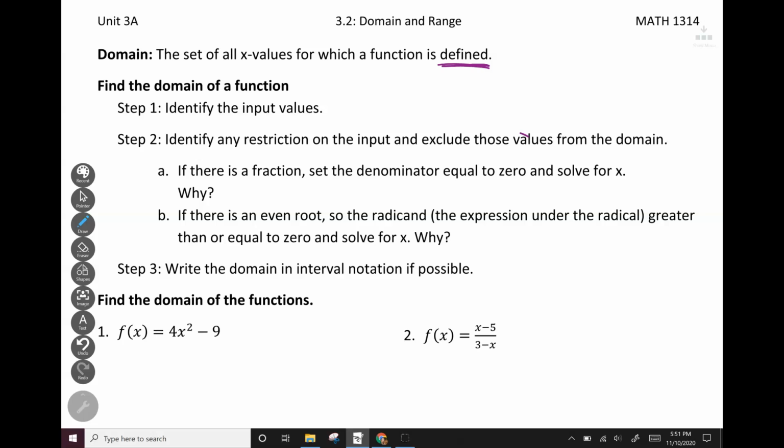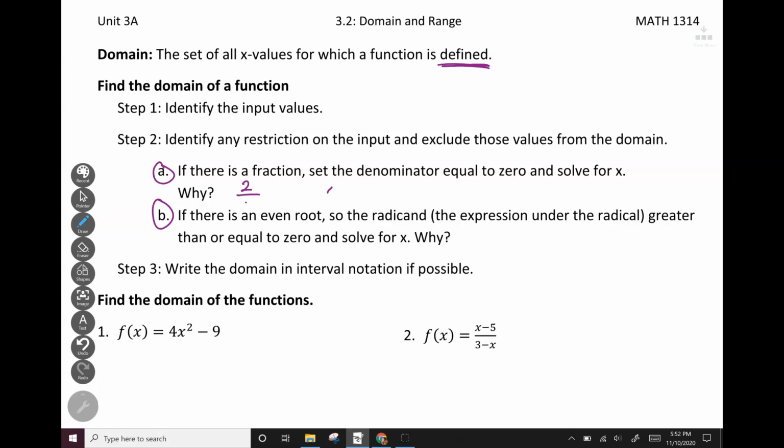So step 2, and this is very, very important in identifying what the domain of a function is. Identify any restrictions on the input and exclude those values from the domain. Okay, and then we've got these two ways that an input value can be excluded from the domain. So A, if there's a fraction,